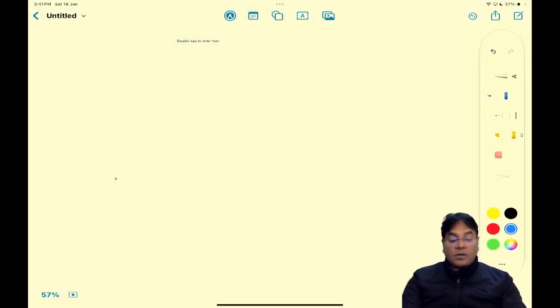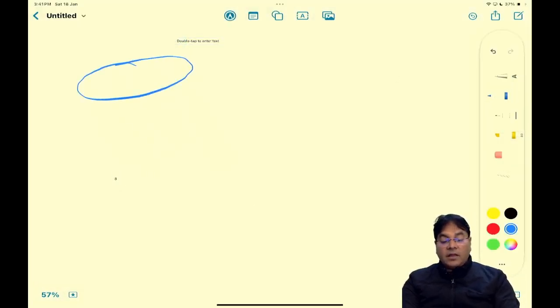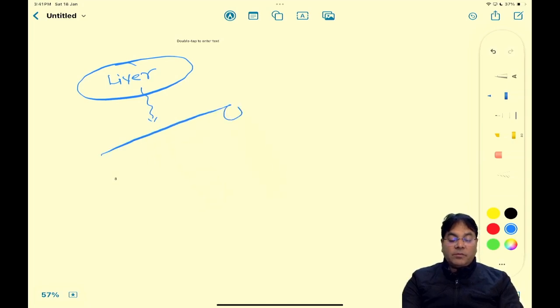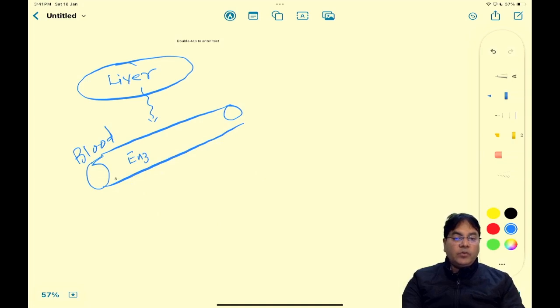Suppose this is the liver, and there are certain enzymes which are regularly released from the liver into the bloodstream. This is the bloodstream. So these enzymes are present in the blood and are used regularly for different specific purposes. So their concentration in the blood is high. They are present in the blood in high concentration because they are required in the body in high concentration. An example is